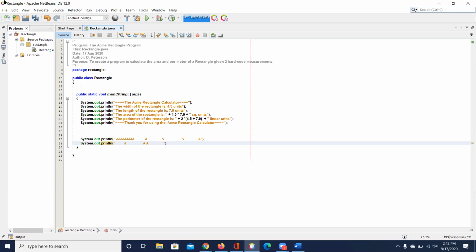And the V will be in one here, and then one towards here, one in there. And then here again, I got A, A space A. And then I go down to the next line.